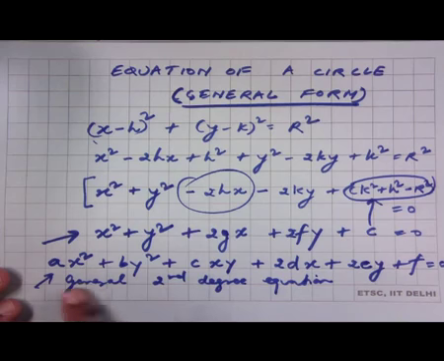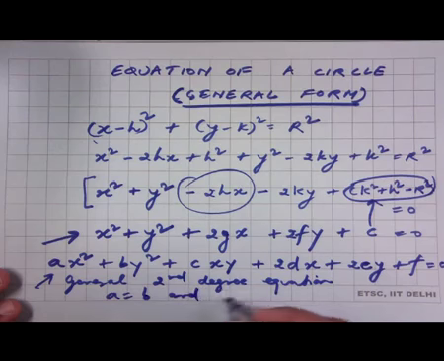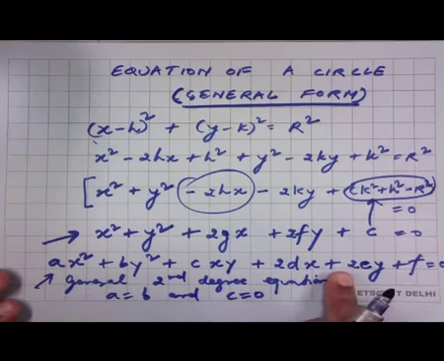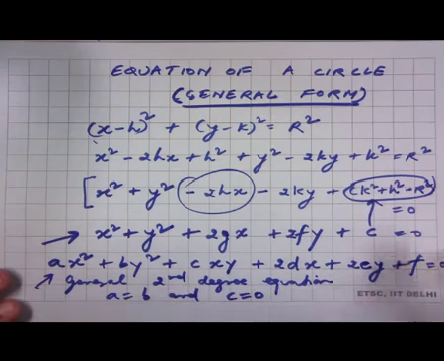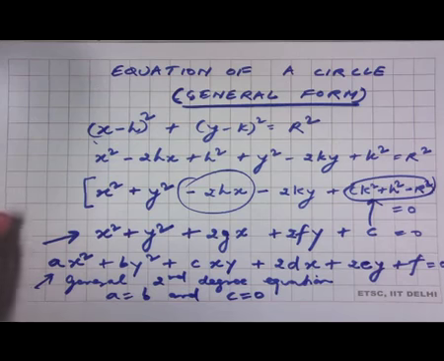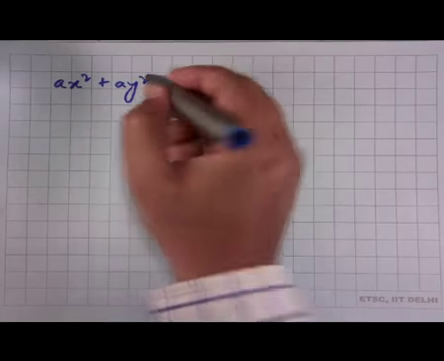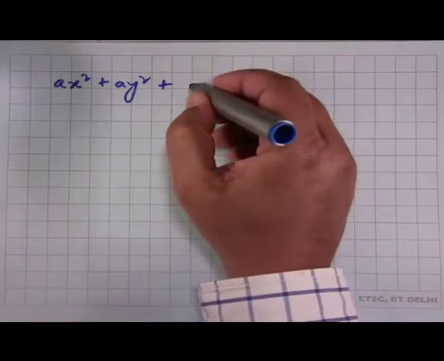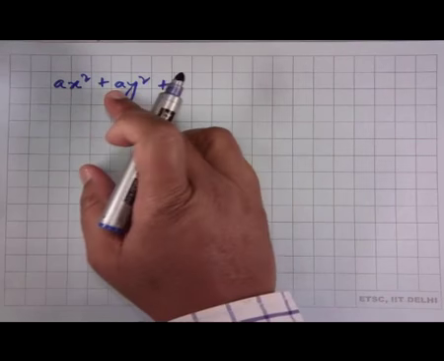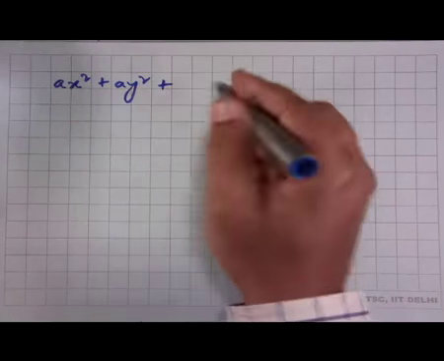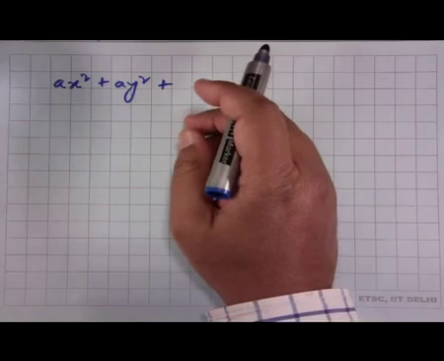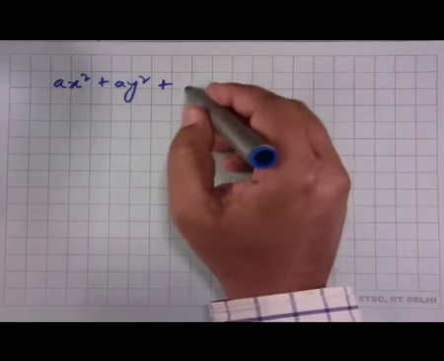But if in this general second degree equation we have a equal to b and c equal to 0, if these two conditions are satisfied, then what we get is an equation of a circle, because if we put a equal to b and c equal to 0, then we get ax square plus ay square, because b is a, and then cxy will disappear because c is 0,